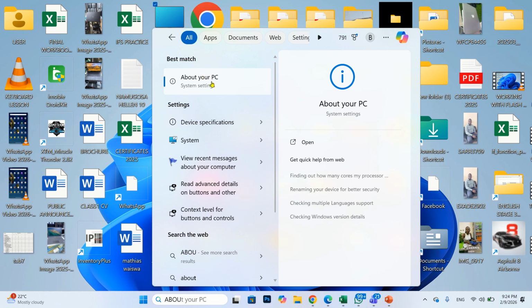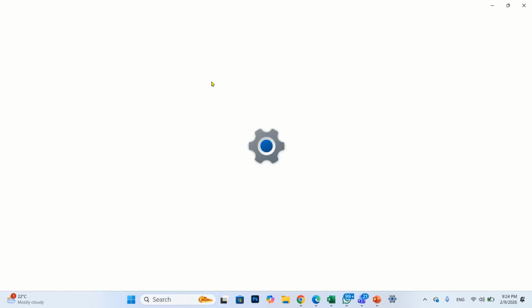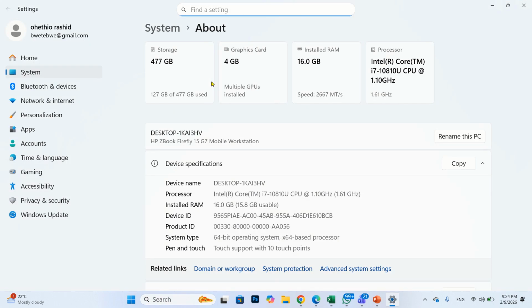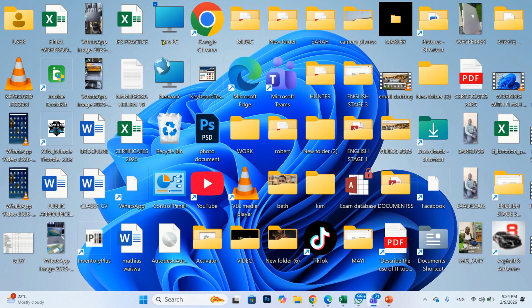And then you click on about your PC. It will take you back all to that day. Here, before you buy a computer, check for its processor, check for its RAM, check for the operating system, and check for the storage. The first way we gambye tunonya akabonero akaliko this PC, we right click on it, tufuna